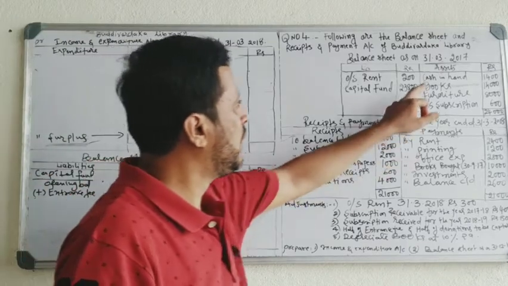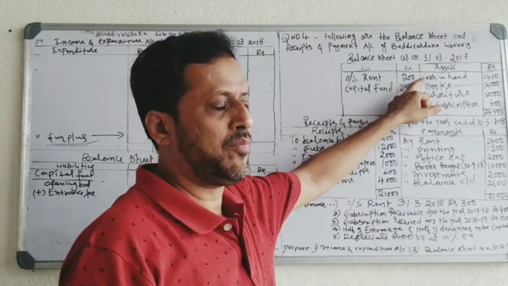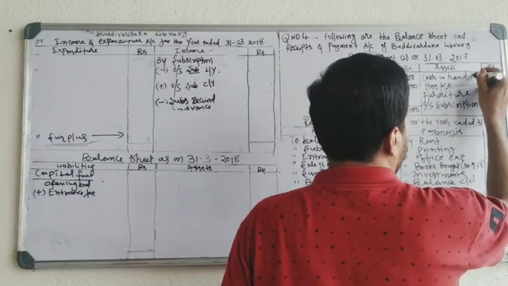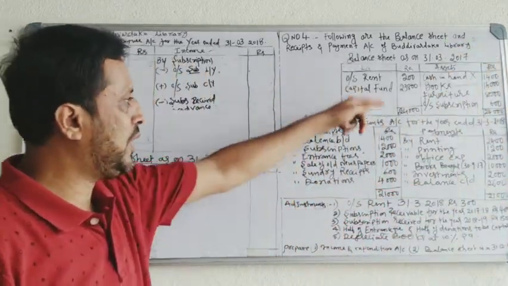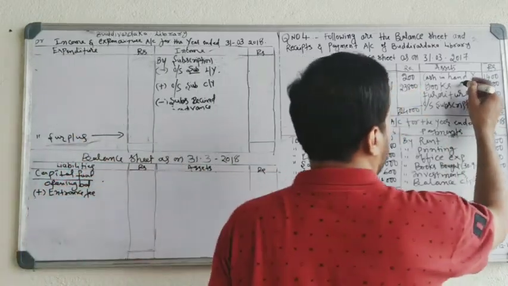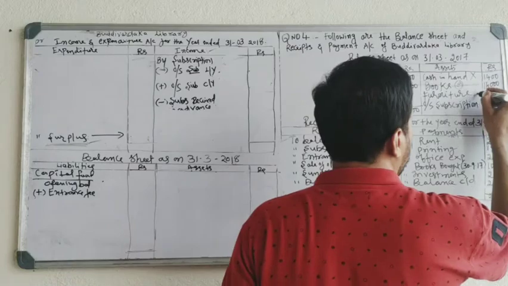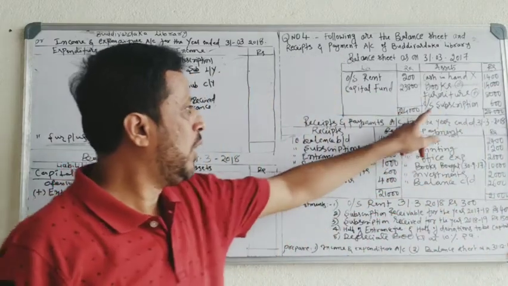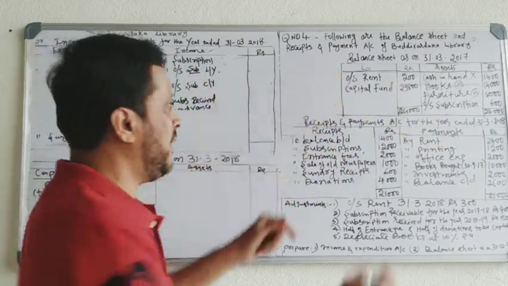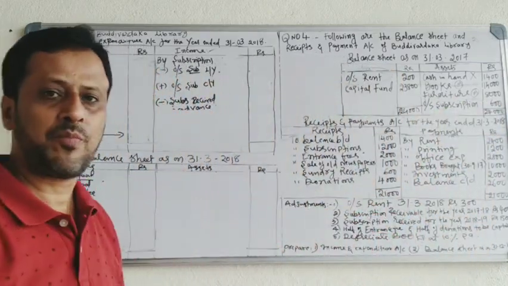In the balance sheet, you have cash in hand. So this is last year's cash and bank balance, the 2017 cash and bank balance. You should not take this one. Now see the other items. We have books; for a library, books are an asset. Furniture is also an asset. You have outstanding subscription. On the liability side, you have outstanding rent. These two are important: outstanding rent, outstanding subscription. And you have the capital fund.